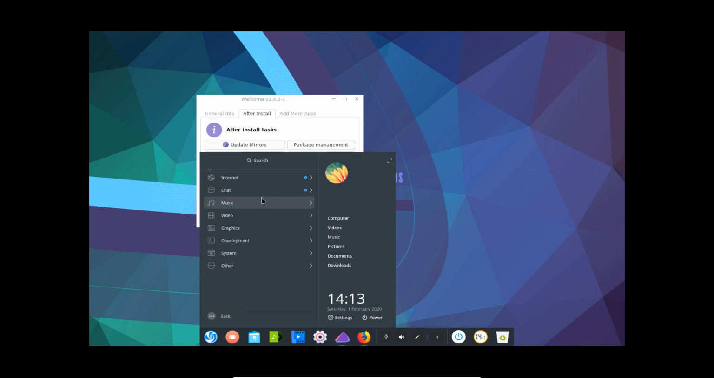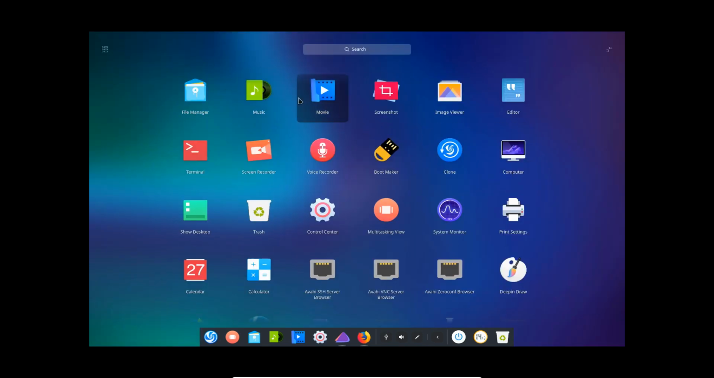So you've got a little dot there telling you that there was something installed. There's Zoom, go back, chat, Telegram. So that's how that works. So file manager, music, movie, screenshot, image viewer, editor, computer clone, boot maker, voice recorder, screen recorder, terminal, show desktop, trash, control center, multitasking view, system monitor, print settings, calendar,